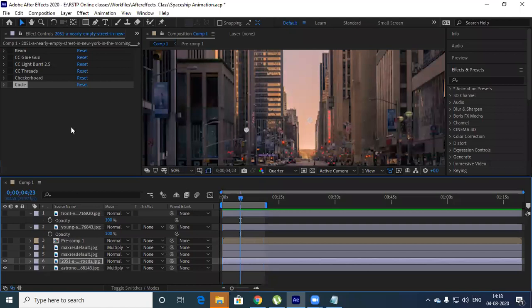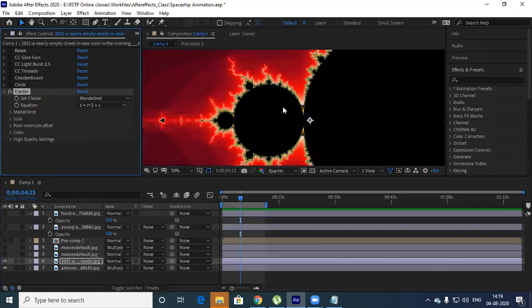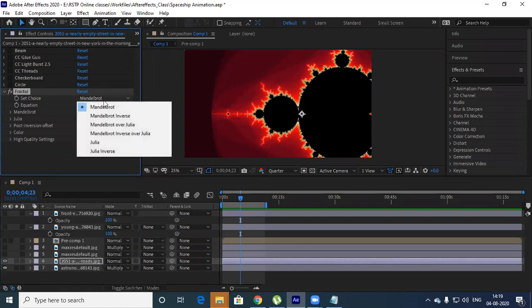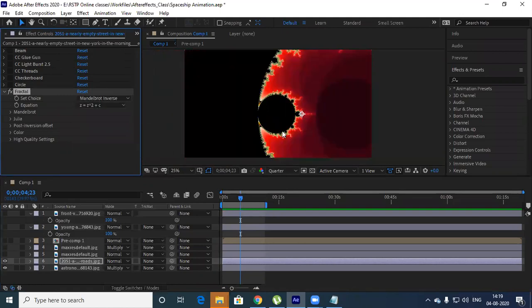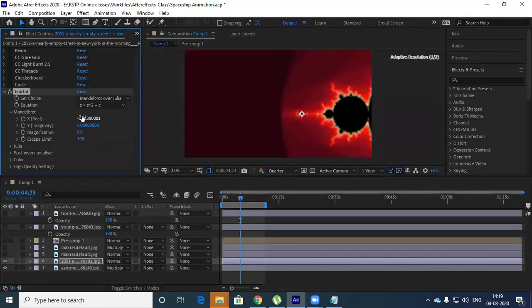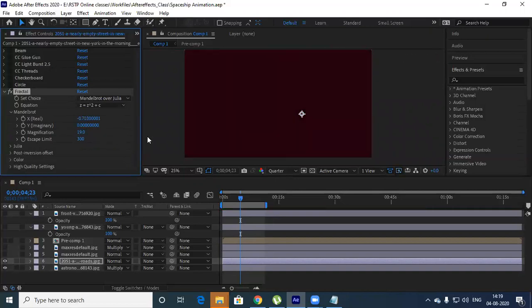Similarly, under this generate you have ellipse, eyedropper. So just see this. There's another thing, fractal. Let's see what fractal is. Using fractal you get beautiful stuff. It can be a solid or it can be an image, either way. Mandelbrot reverse means each and everything, you get a different output. There are a lot of equations built in. You can manually animate these things. As per the animation you get this kind of output. Magnification, this is a magnification output.